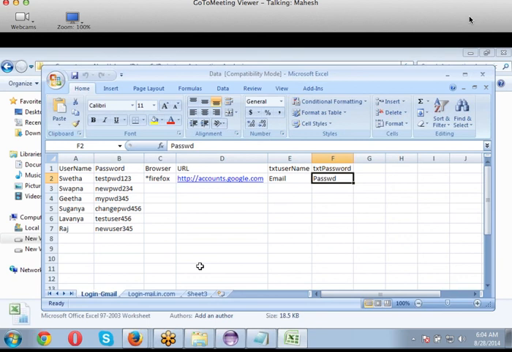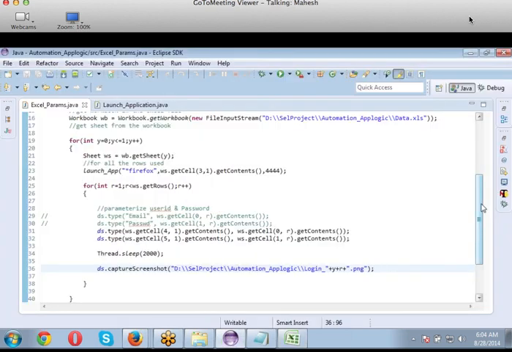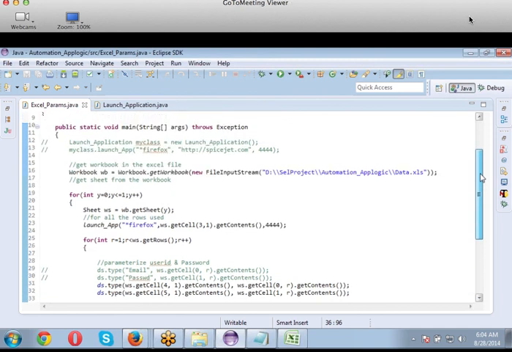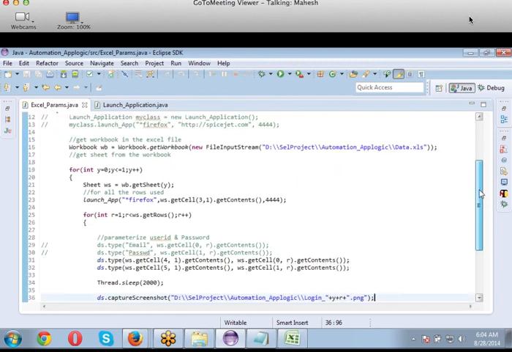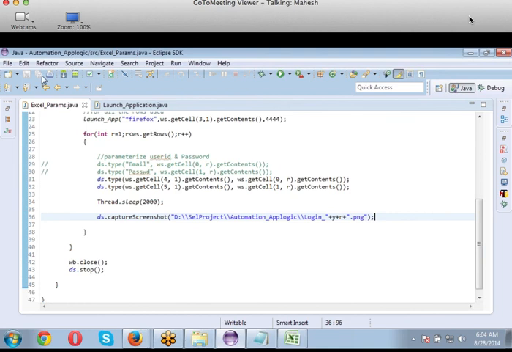Please practice on this parameterization a lot. So everyone, no questions? Everything is understood? Well, that concludes this Excel parameterization.